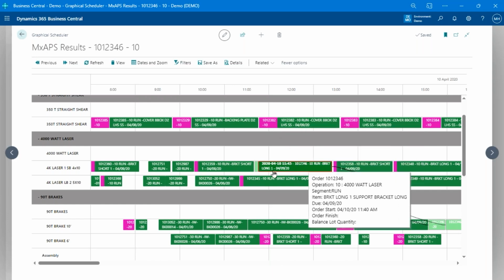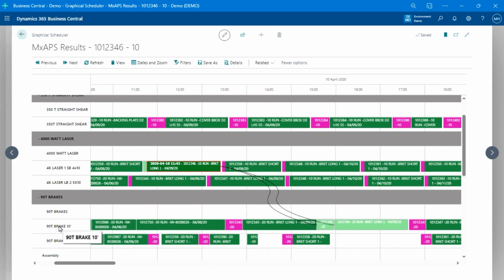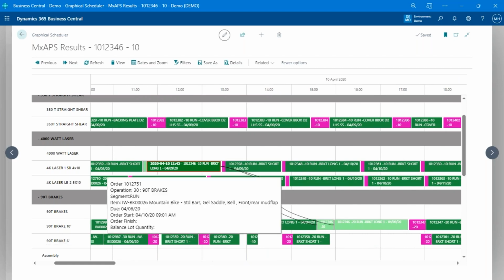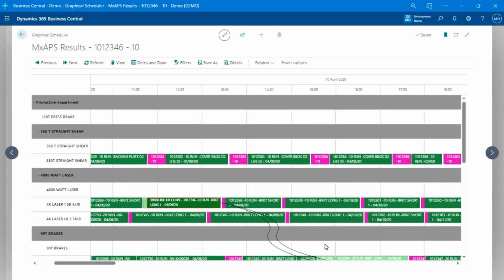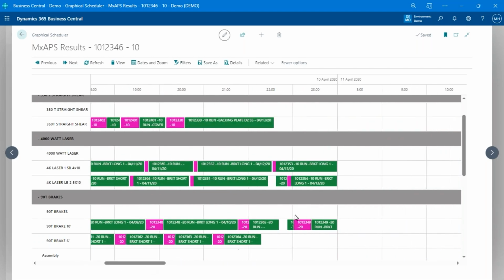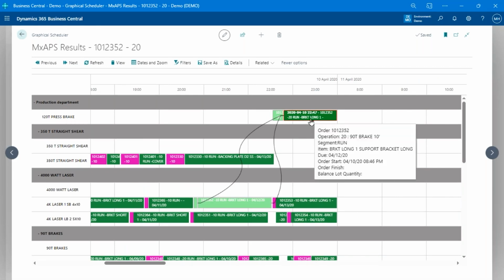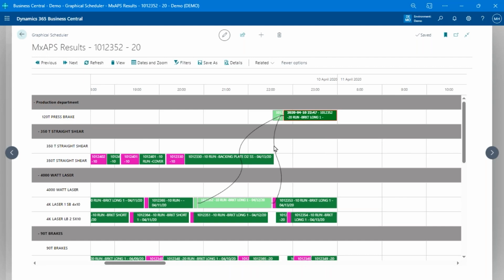But back to the long bracket, right? So I grabbed this long bracket, and it has to run on this 10-foot. That's what we said, right? It has to run on this machine. As I mentioned earlier, at some point that 10-foot machine will get overloaded. And so in a case like that, we've now gone in and chosen that alternate machine to do the work. And again, that alternate machine takes twice as long to run, takes longer to set up, but it still results in a better overall schedule. And so the system has chosen that machine to use instead.